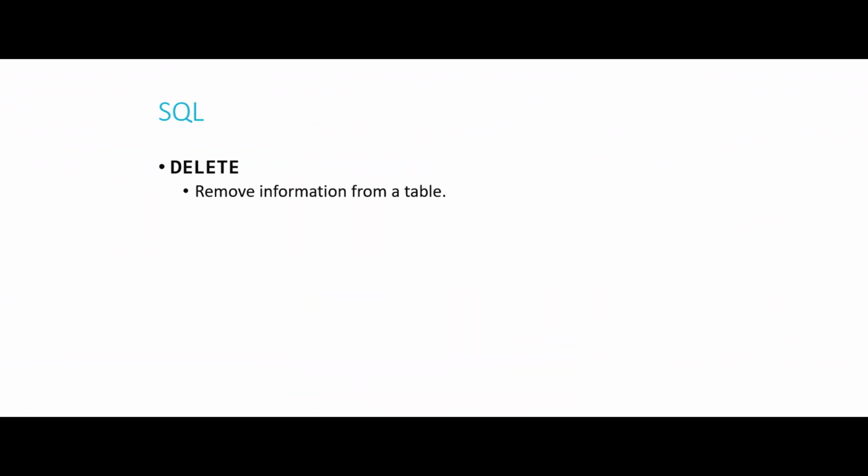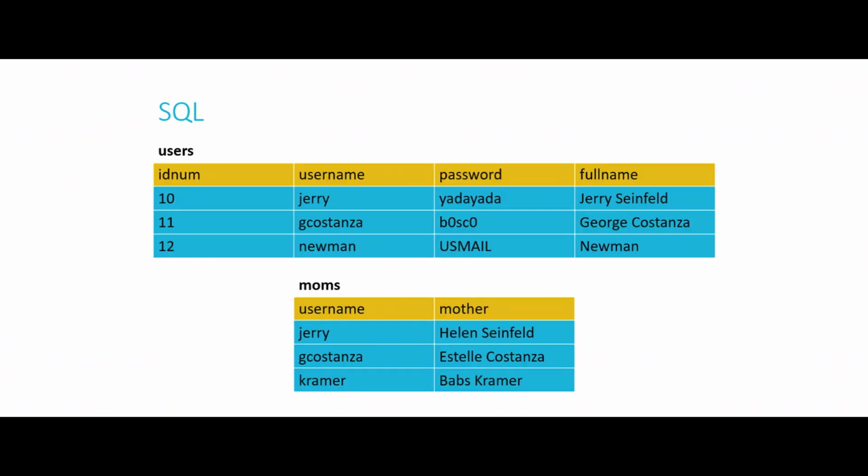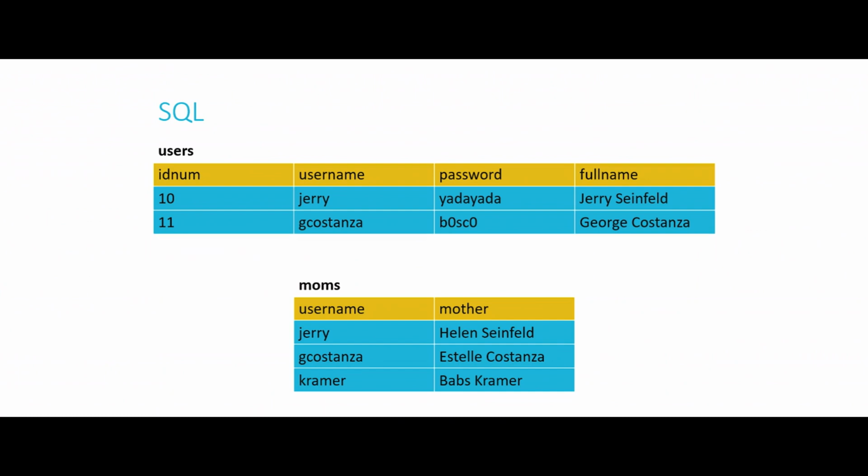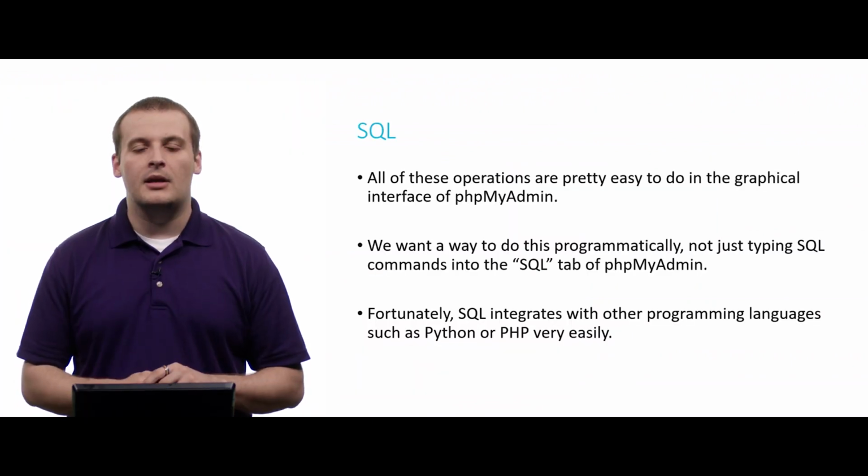And the fourth and final operation that we do in SQL most commonly is to delete, which strikes or completely removes information from a table. The basic framework looks something like this. Delete from some table where predicate, or again, where some condition is satisfied. So for example, we might want to delete from our users table where the username equals Newman. Now if we did that, and this was our table to start with, you can probably guess what's going to happen. After that query executes, the row whose username is Newman is no longer in our table.